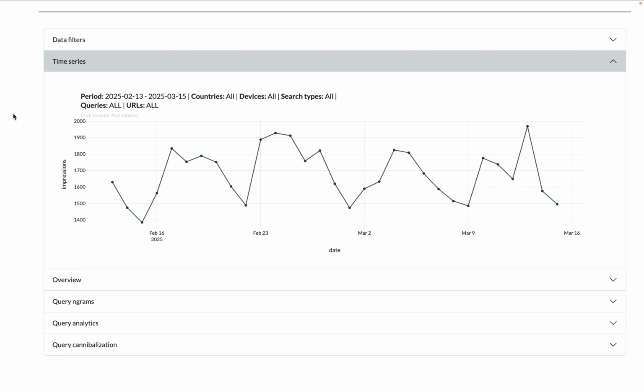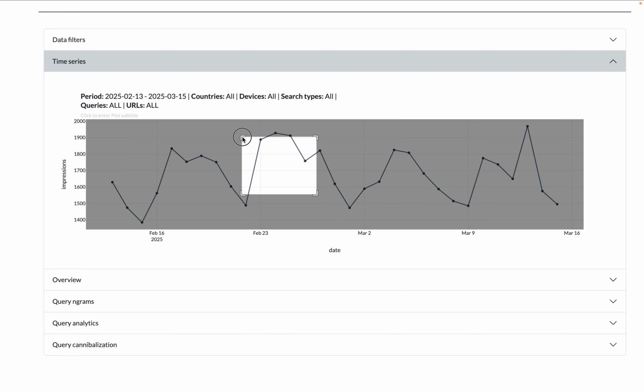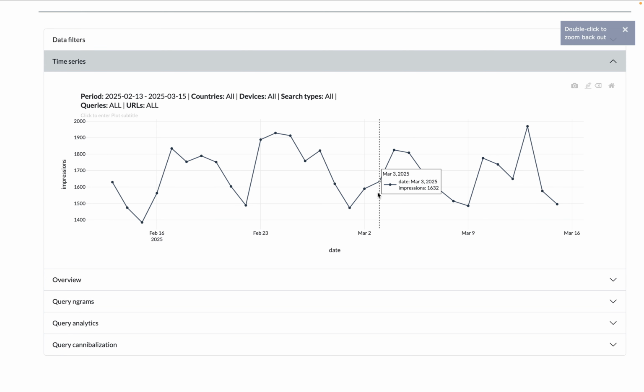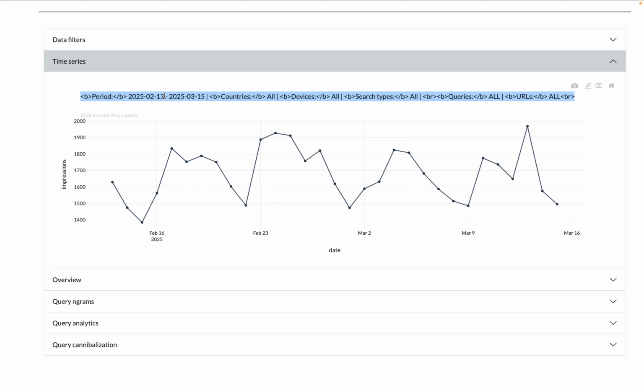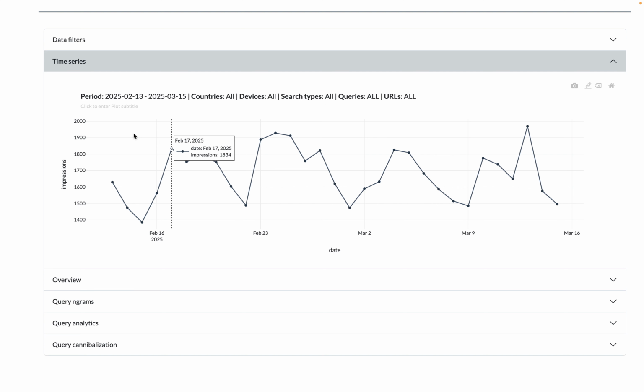First of all, this is editable. You can mouse over, you can zoom in, double click, zoom out. If you click here, you'll see that you can edit this. Okay, so here we have a line break, for example. I can remove it, and this is one line. I can add a subtitle. I can say mywebsite.com Google Search Console data, for example. These are also editable,